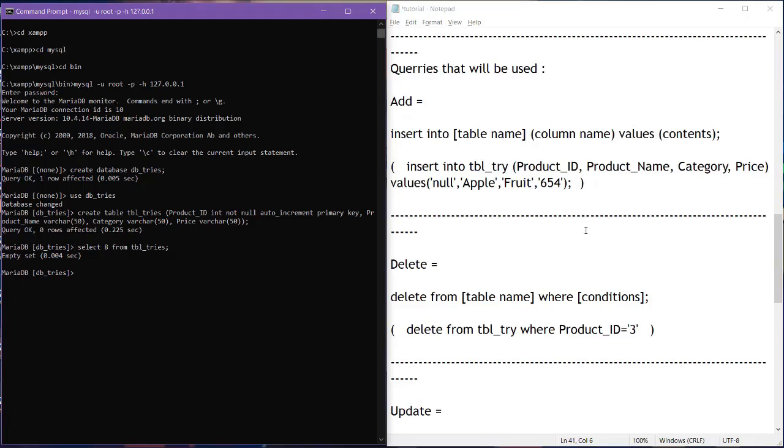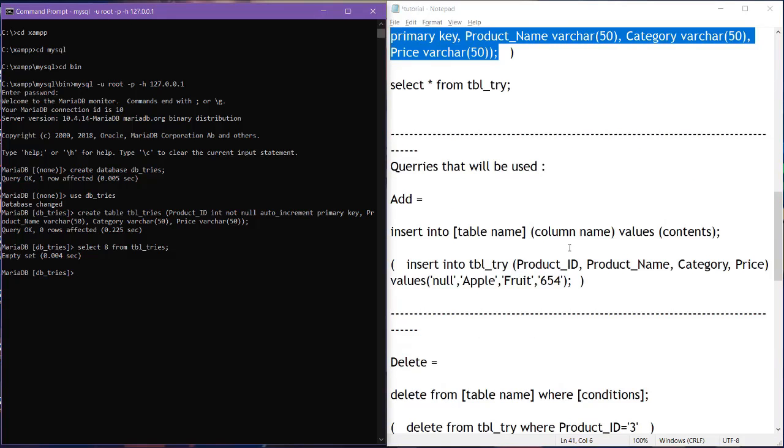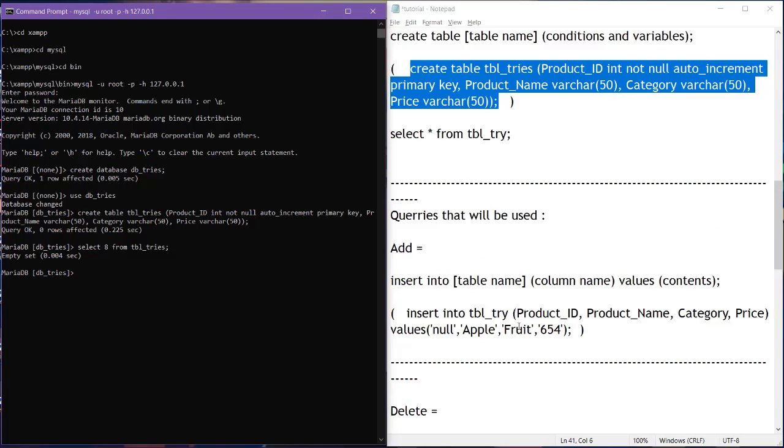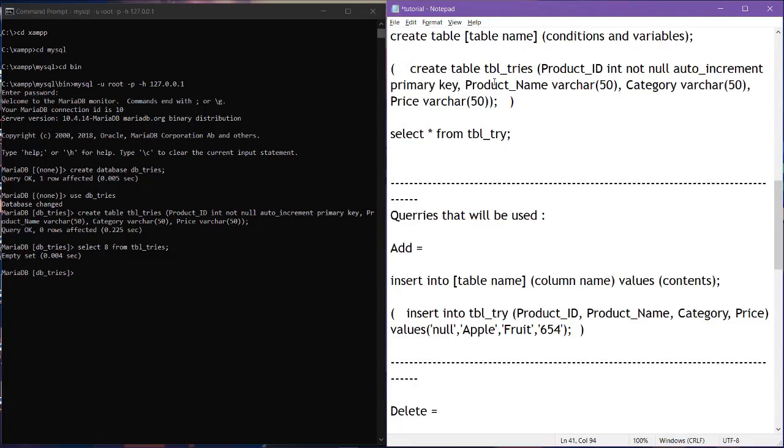Okay. So as you can see, the create table where product name needs to be the same. All right. Because if it's not the same, it will not enter, or it will not insert the data, and we cannot use what's there. Okay. Always check.